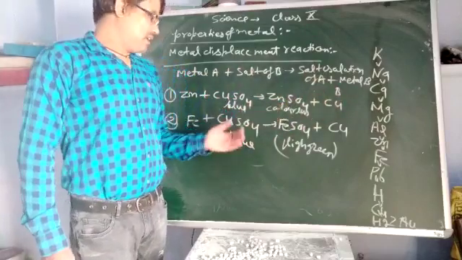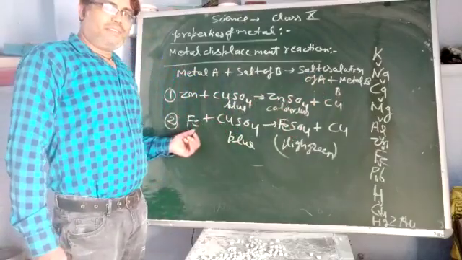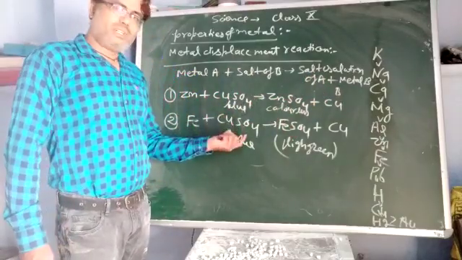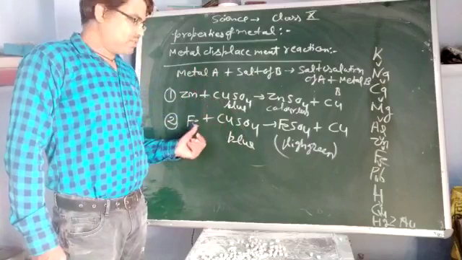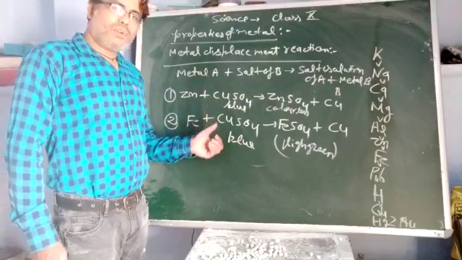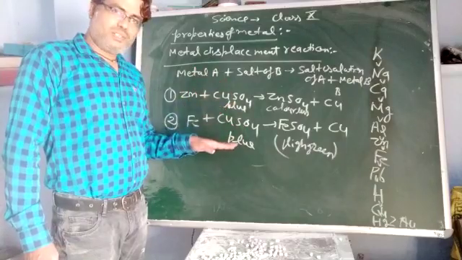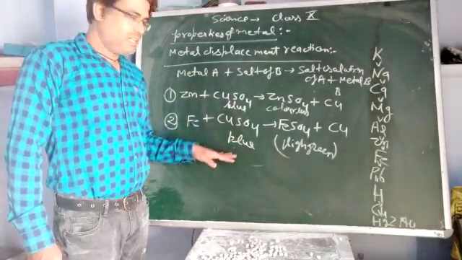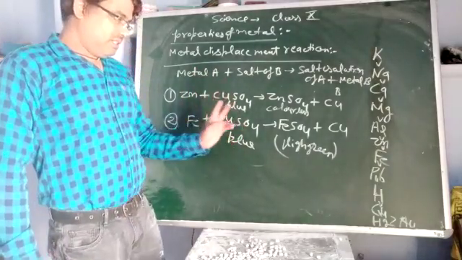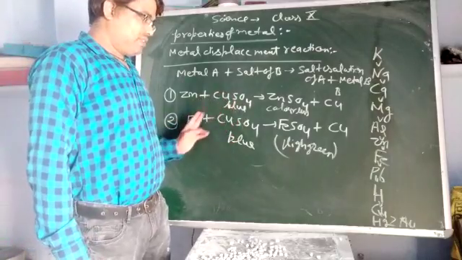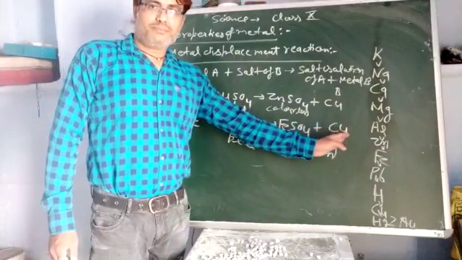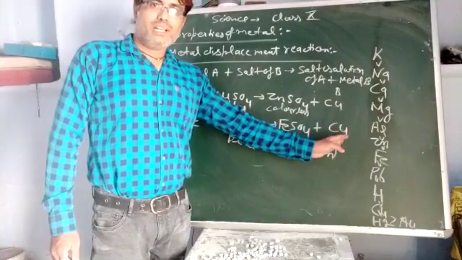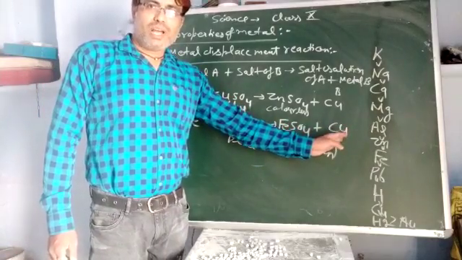In a similar way, there is another reaction. If we have the copper sulfate solution and we dip iron nails, that is Fe, into the solution, after some time you will observe that the blue color is discharged or the intensity of the blue color decreases, because Fe reacts with CuSO4 to form ferrous sulfate and copper metal is displaced. So copper metal is deposited on the iron nails.